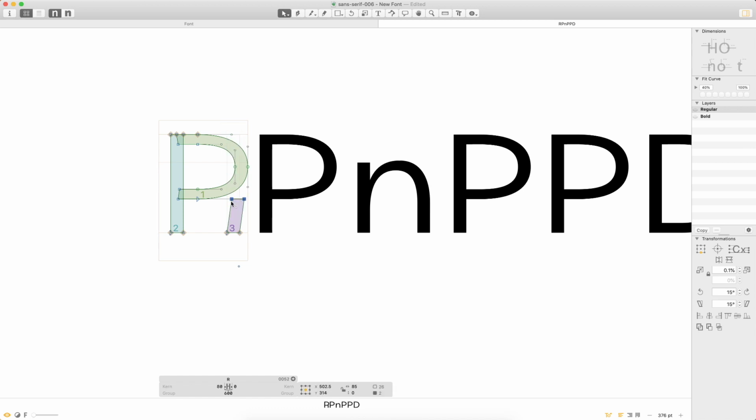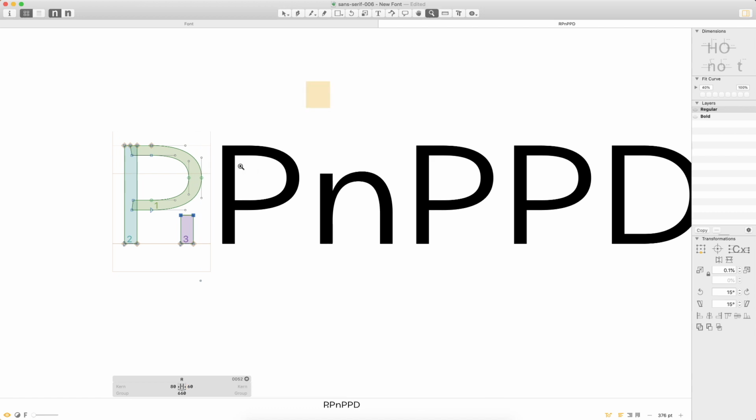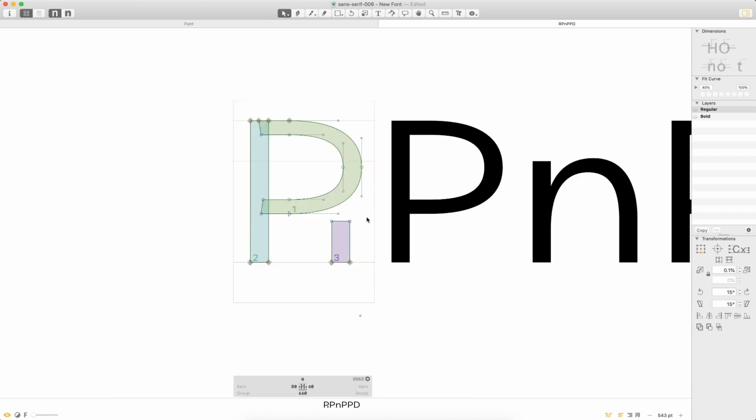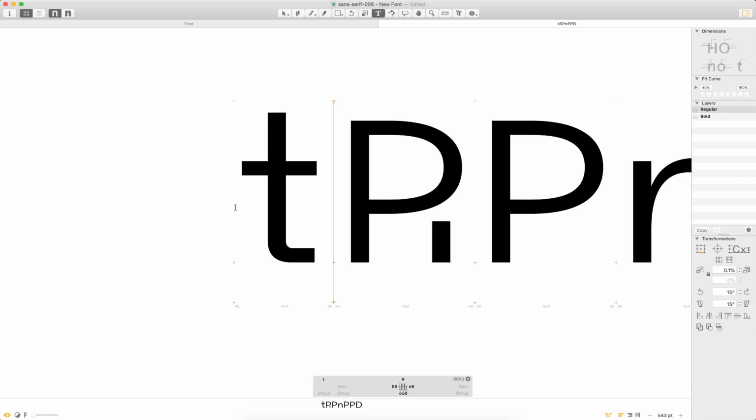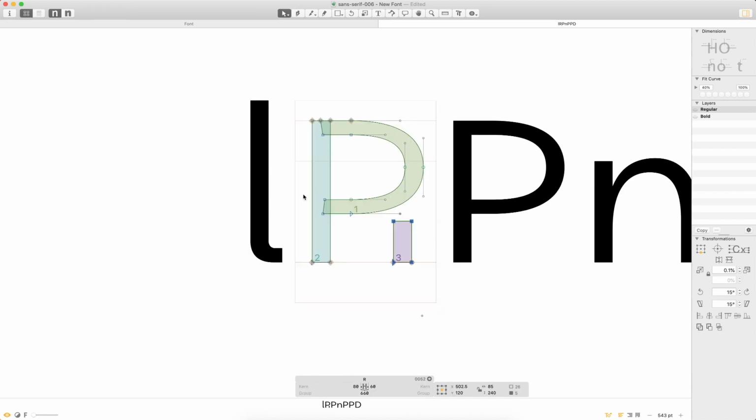Go through and grab these two points, push that down. Now with the R, I've got some choices here because I can either angle this, or I can have it curve down. And